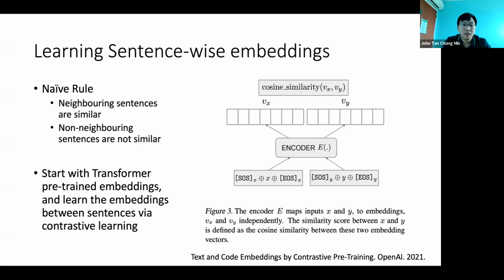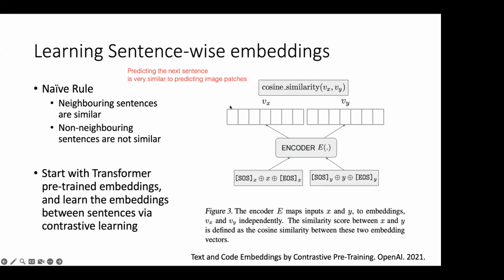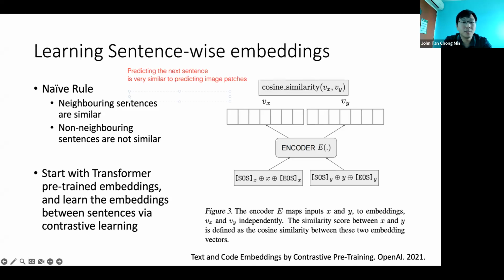Yes. Yeah. Actually, talking with you today, I have a new insight. So thanks so much for talking. Let me just explain what I just thought of. Predicting the next sentence is actually very similar to predicting images, like image patches, because there are so many things to predict. Actually, you want to predict the emotion, you want to predict the context, you want to predict the person, maybe you want to predict the action, just like images, one image can contain a lot of meaning in just those pixels. So maybe we are using the wrong kind of objective to predict. Maybe what we should do is we could have embeddings for